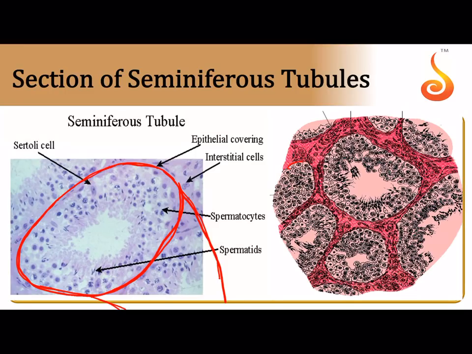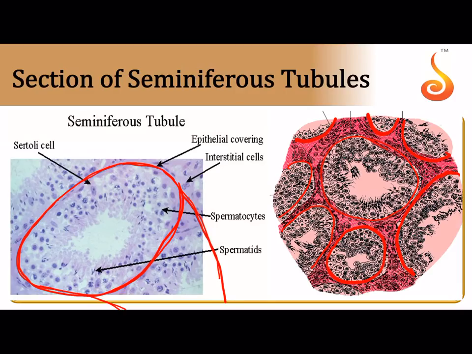Now why do you see so many cut parts here in this diagram? That's because obviously it's not a straight tube, it's a highly coiled tube. So when it's highly coiled and you take a section, all the coiled portions get cut, and you can see those cut parts as circular or semicircular outlines, which is shown in this diagram. What else do you see